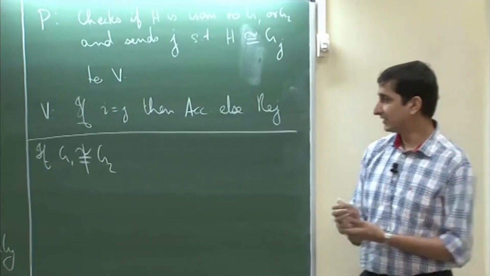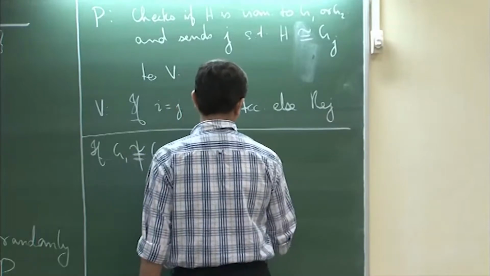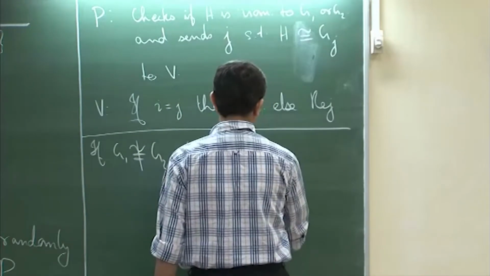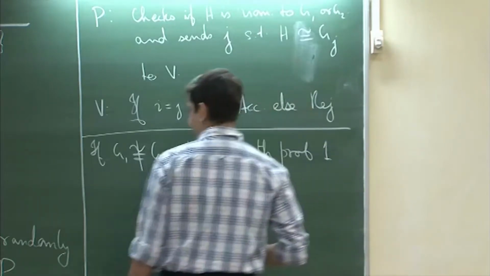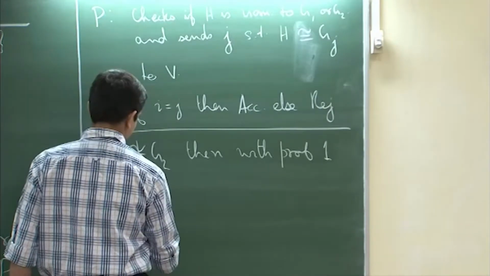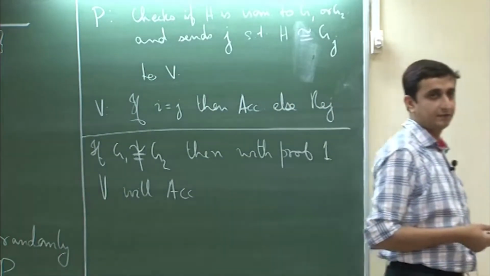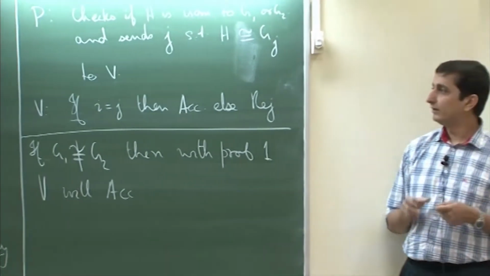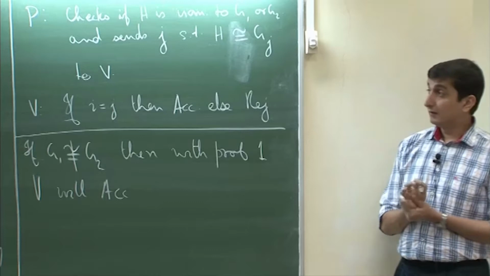Then with probability 1, we will accept, right, because the graphs are not isomorphic. So, there is no way in which, I mean, the prover can always find that out, but the problem is